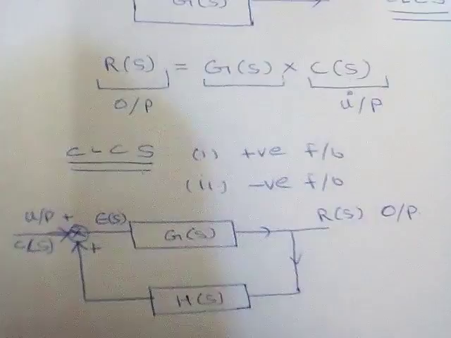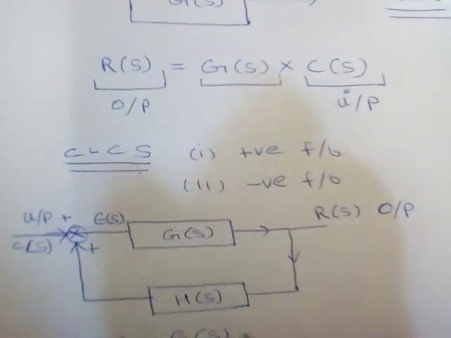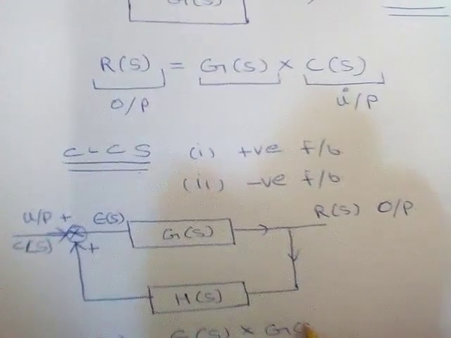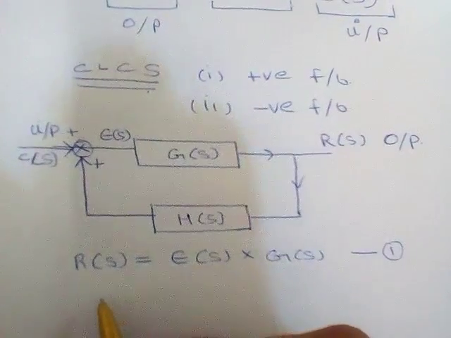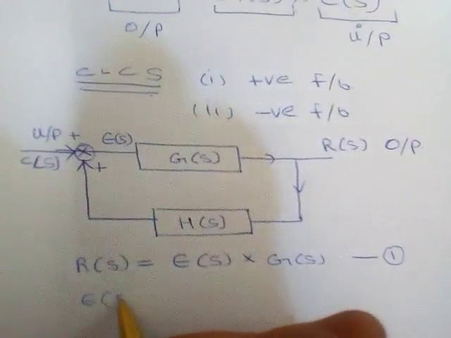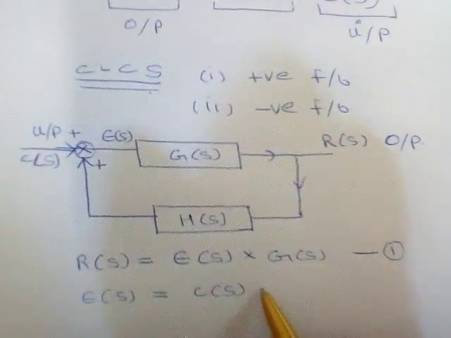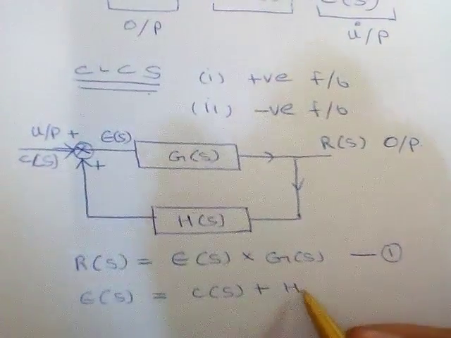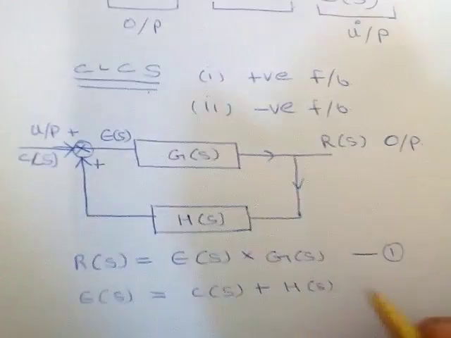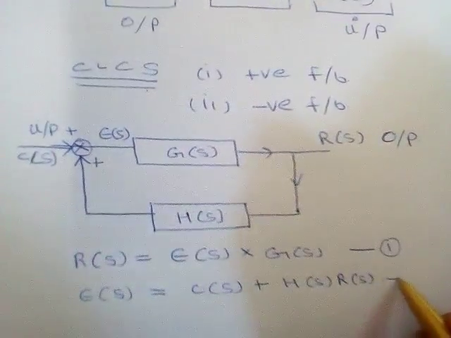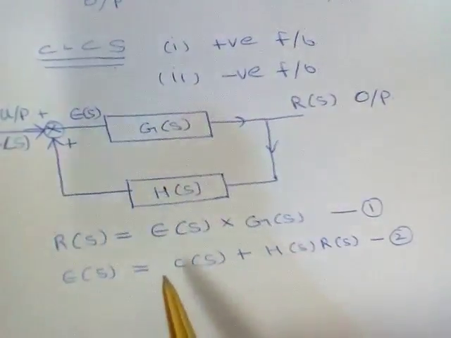Now from the block diagram we can see that R of S is equal to E of S into G of S, giving the first equation, and now this E of S is nothing but the summation of C of S plus H of S multiplied with R of S, as H of S is adding here, so this becomes like this. Now by eliminating E of S from the first equation, we get